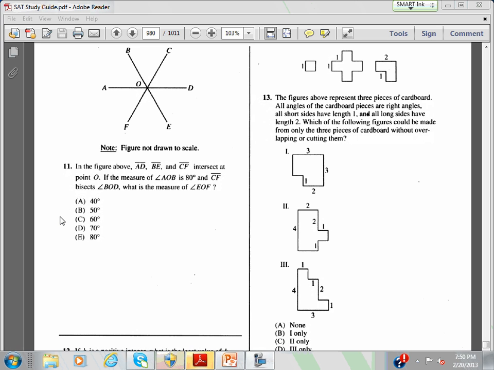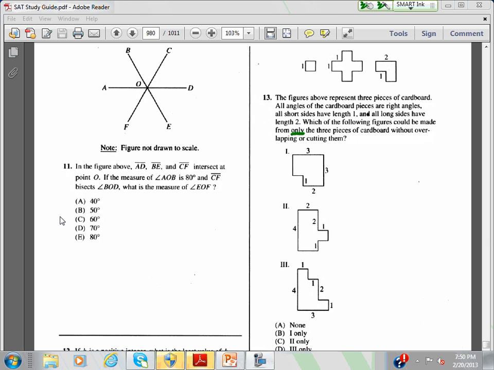This is a video about test 10, section 5, question 13. So this is a visualization problem, and it says the figures above represent three pieces of cardboard. All angles of the cardboard pieces are right angles. All short sides have length 1, and all long sides have length 2. Which of the following figures could be made from only, it's a keyword, the three pieces of cardboard without overlapping